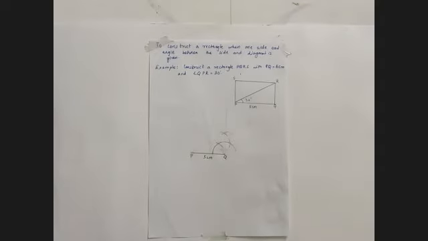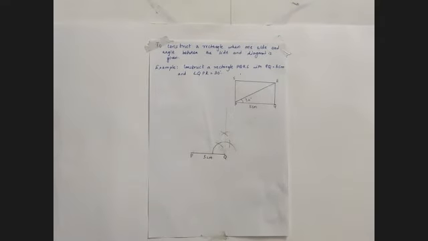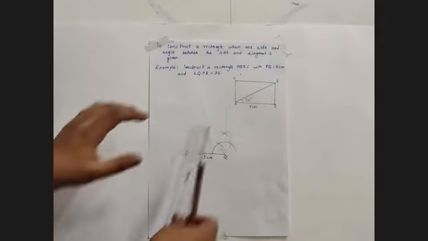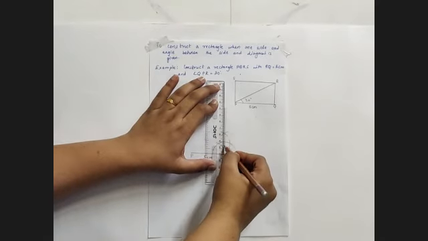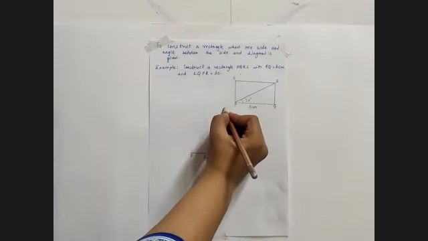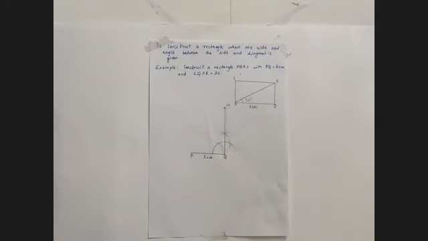Now the third type, when one side and angle between the side and the diagonal is given. Again here I have only two elements, right? So I will be requiring other three elements. So what I will do? I will first draw PQ as 5 centimeter, and here you can see I have already constructed 90 degree over here. So now let us first join this 90 degree. And I will name this ray as PQM, this angle as PQM.